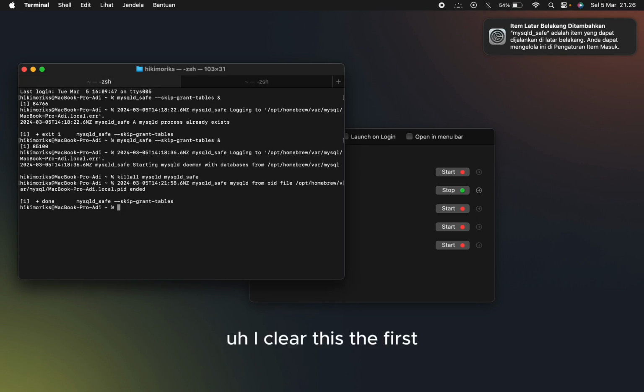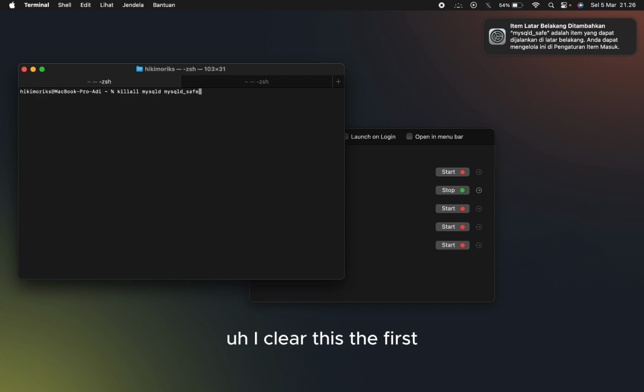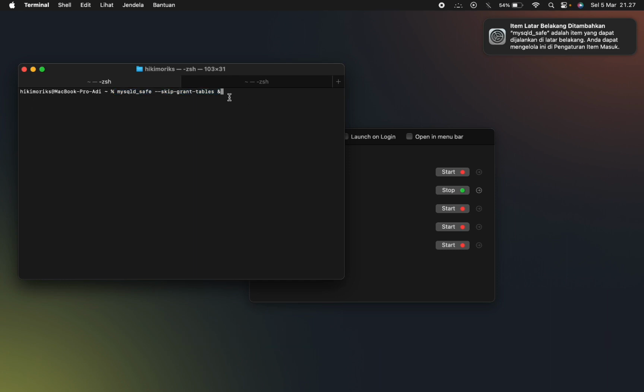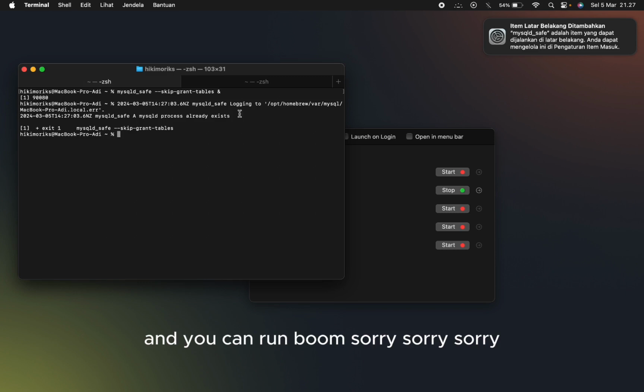I clear this. First, you can run this script: mysqld_safe --skip-grant-tables.